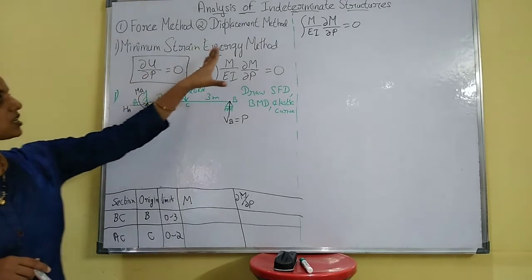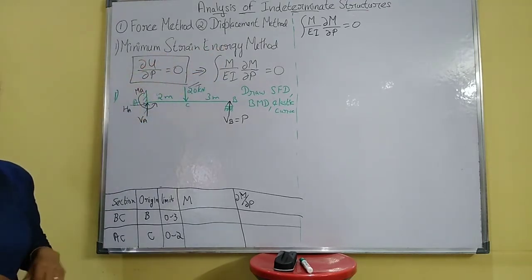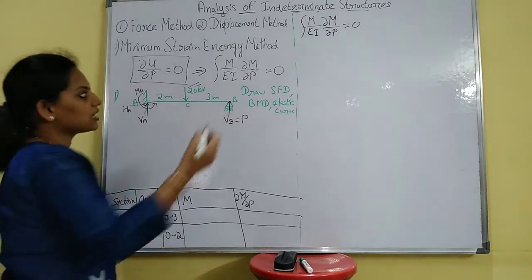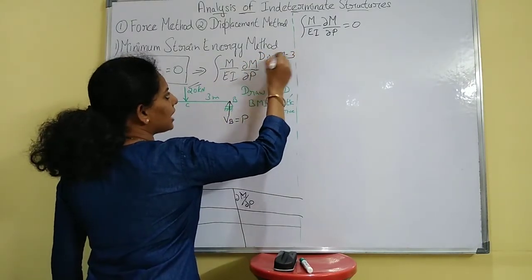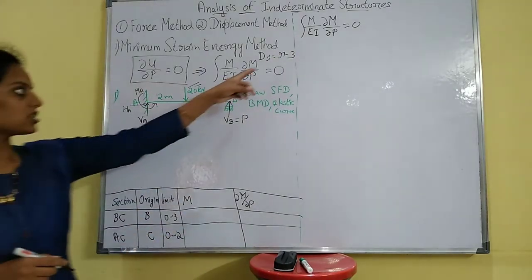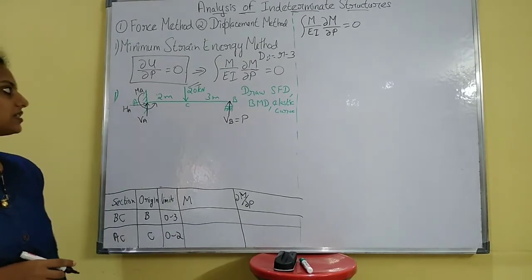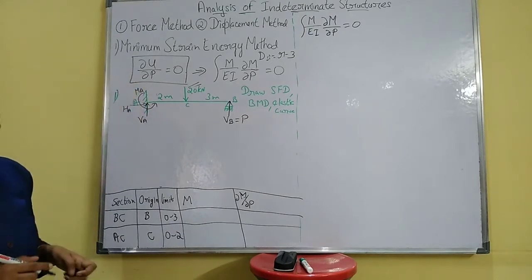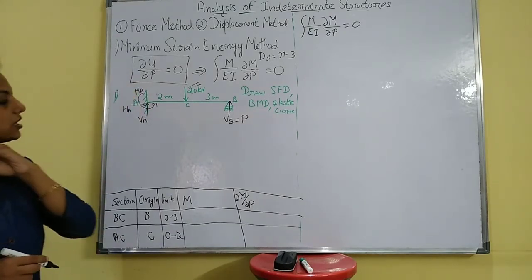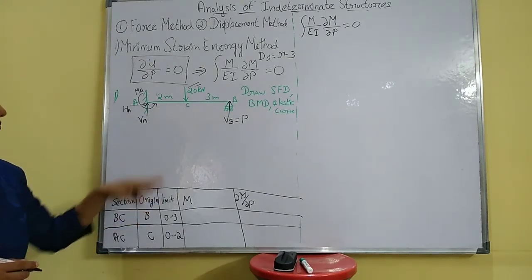In this minimum strain energy method, first you have to find out the redundant force, that is the static indeterminacy. The static indeterminacy equation is DSi equal to R minus 3. R is the number of unknown reactions, and minus 3 gives the static indeterminacy. Once you have the static indeterminacy, assume the value of any one of the reactions to be P. Then using that, find out